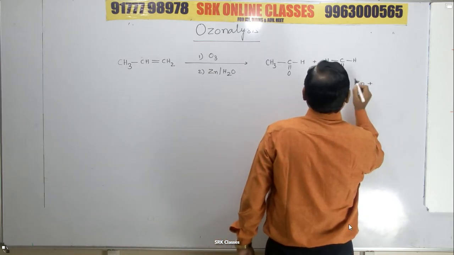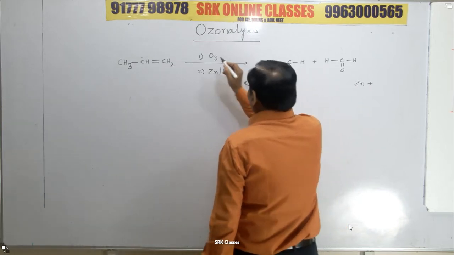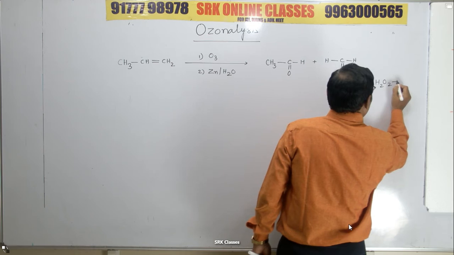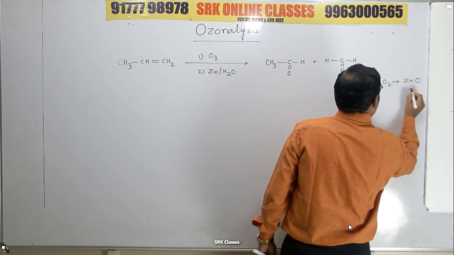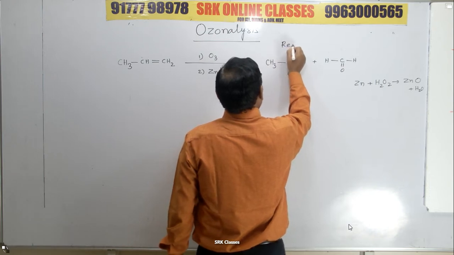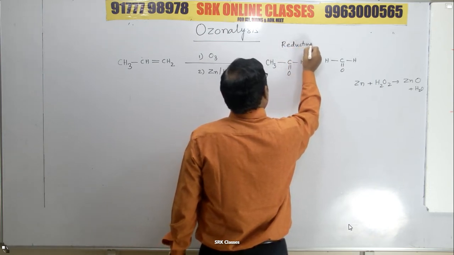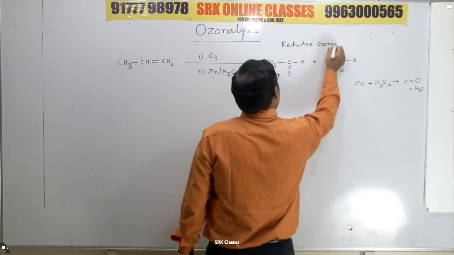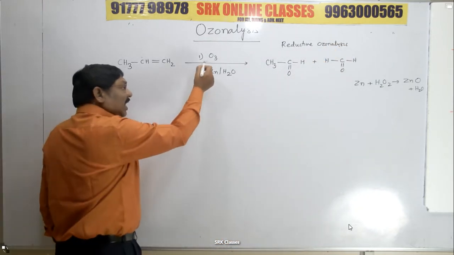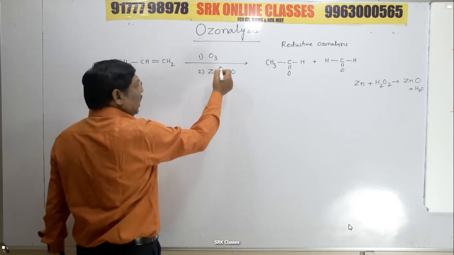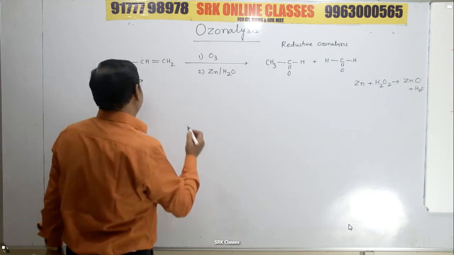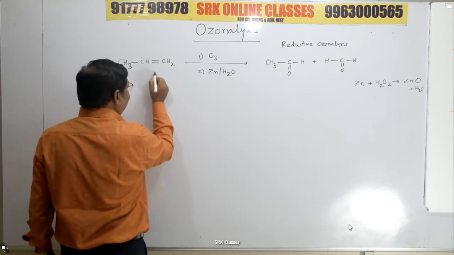Now, here zinc reacts with H2O2, because H2O takes one oxygen from ozone, that will be converted to H2O2, which will be converted into zinc oxide plus H2O. Therefore, it is called reductive ozonolysis. Now, if zinc is not present, ozone and H2O if it is taken, that is called oxidative ozonolysis. In oxidative ozonolysis, I am writing